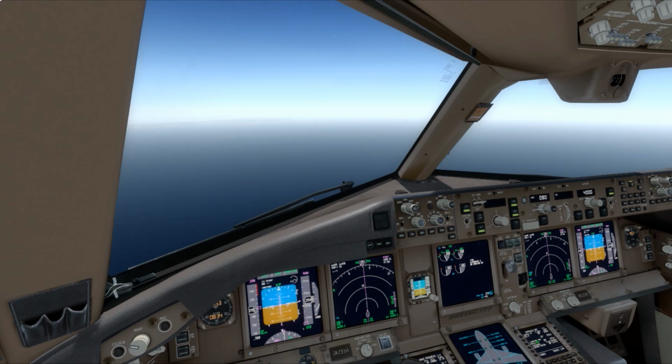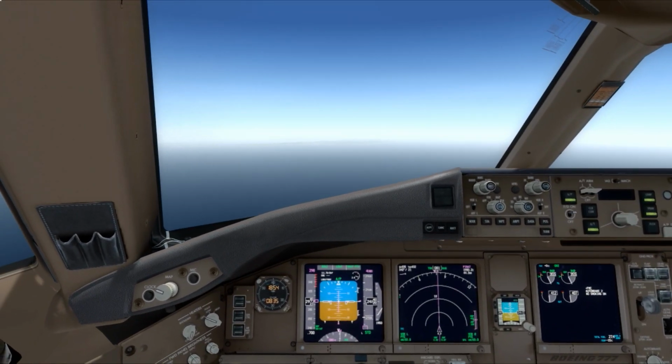So just to tell you the approach details, we are going to land on 28 right, and I did some shortcuts with the STAR, because since there is no ATC, and I can't figure out from the charts how I should perform an approach to San Francisco from the point which I am starting the arrival from. So I had to do a custom route,